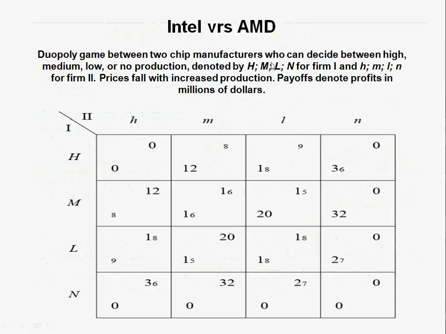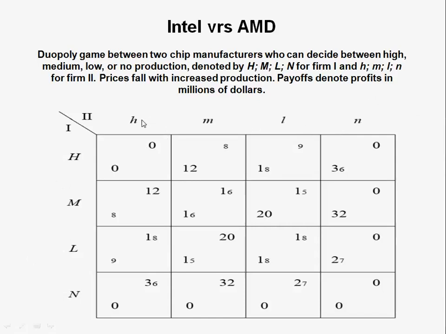So let us take another example. This is essentially the competition between two chip making giants. The market is in the form of a duopoly. You can say the market for computer chip making is primarily captured by either Intel or AMD. In this case, the chip manufacturers have 4 actions instead of 2. Let us call the column player AMD, and the row player Intel.